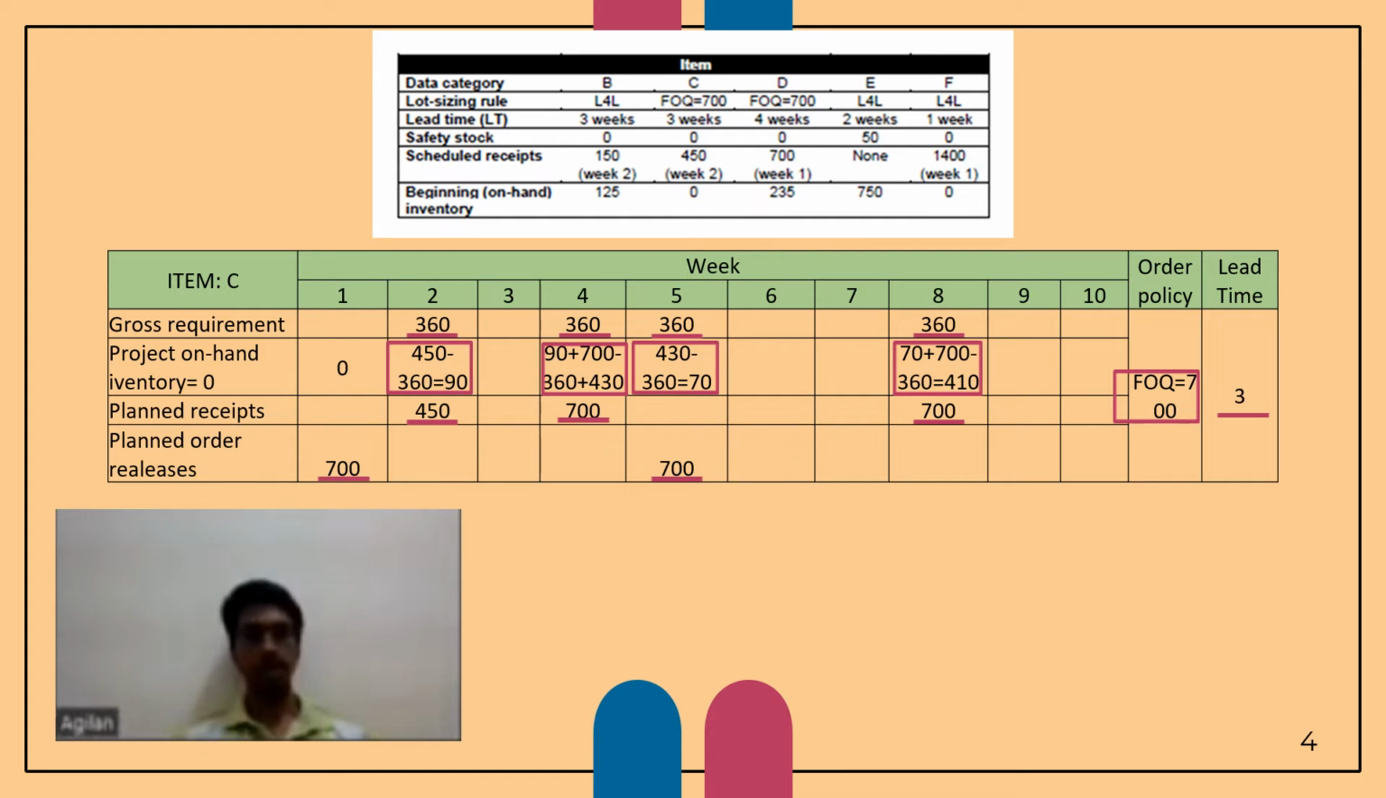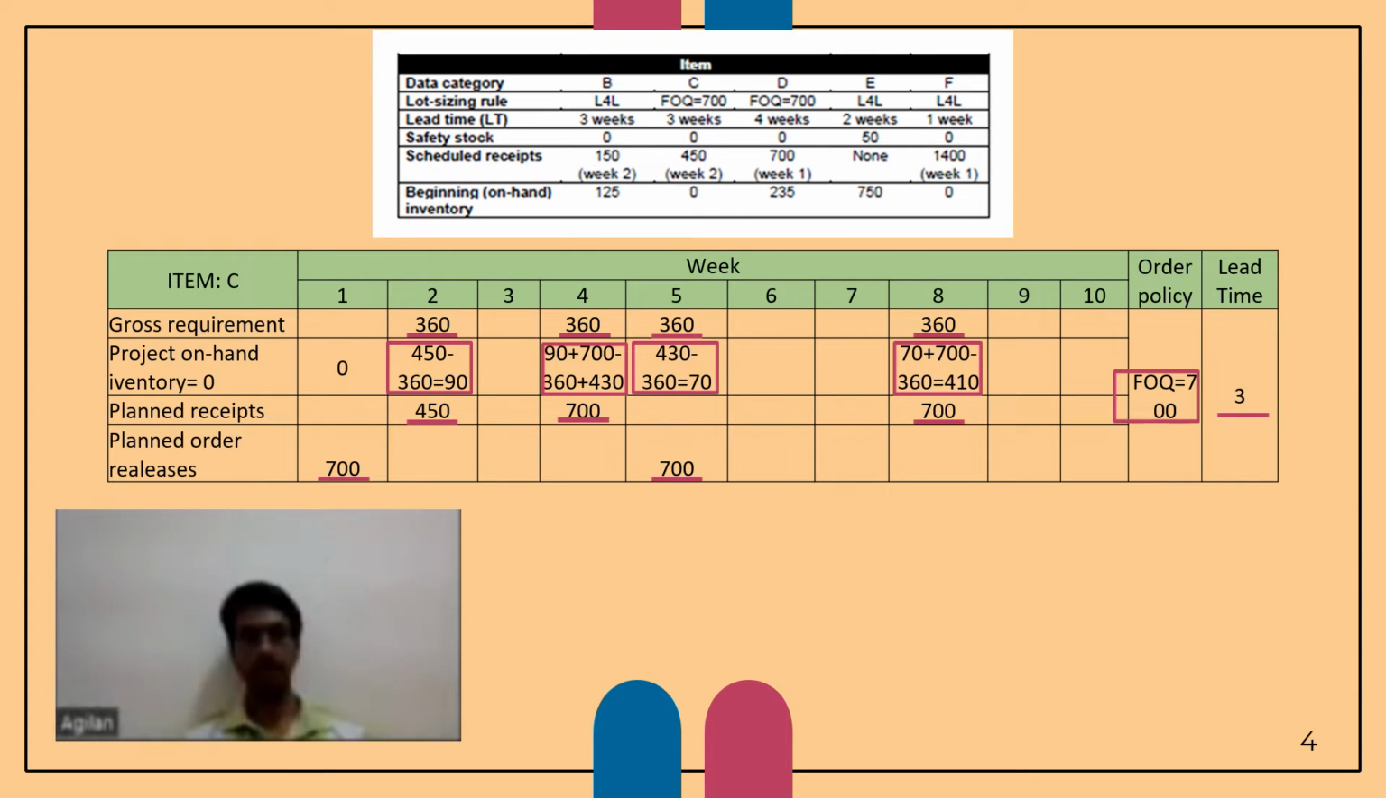And since it is more, we have to subtract it. Then week 3, there is no production at all. Week 4, the balance production was 90. So it is less than 360. So we have to borrow from FOQ, which is 700 value, subtract it, add it, and then subtract 360, we will get 430 for projected